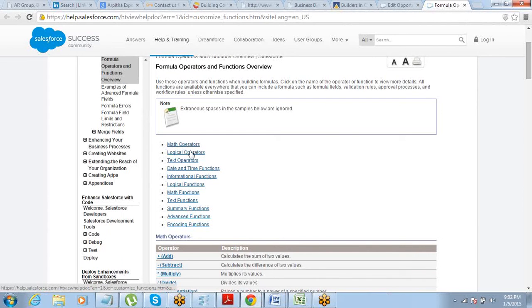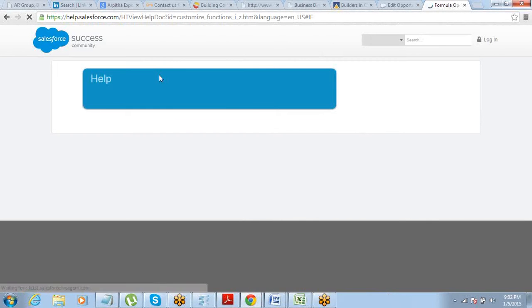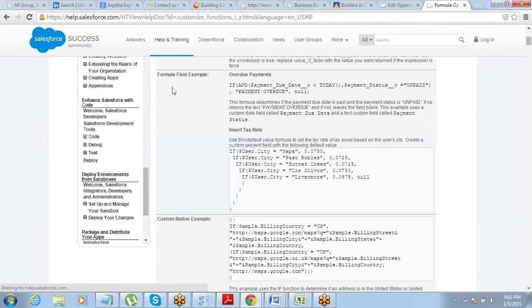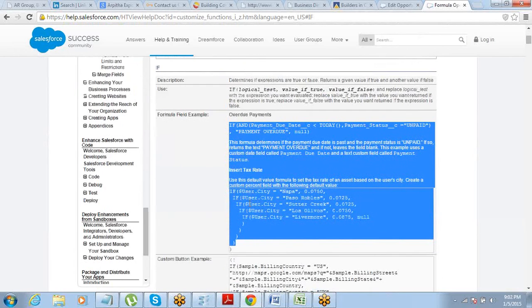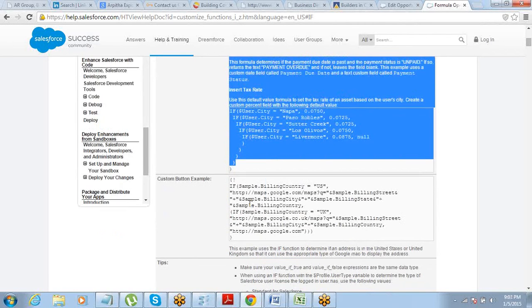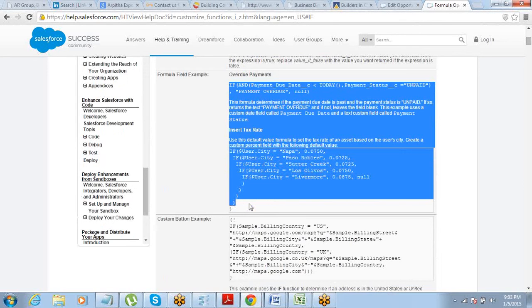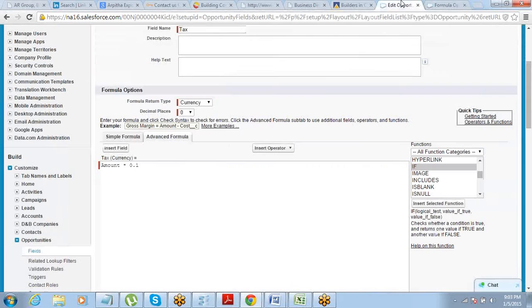See, the operators and the logical functions and the mathematical functions. So logical function will have if else and all this stuff. So how if function is used, you can click on this, and this will give you details of the if function with an example and all. See, so you have example of almost everything. Almost every function is explained here with the example. For everything we have this example given. So we will have this function here.